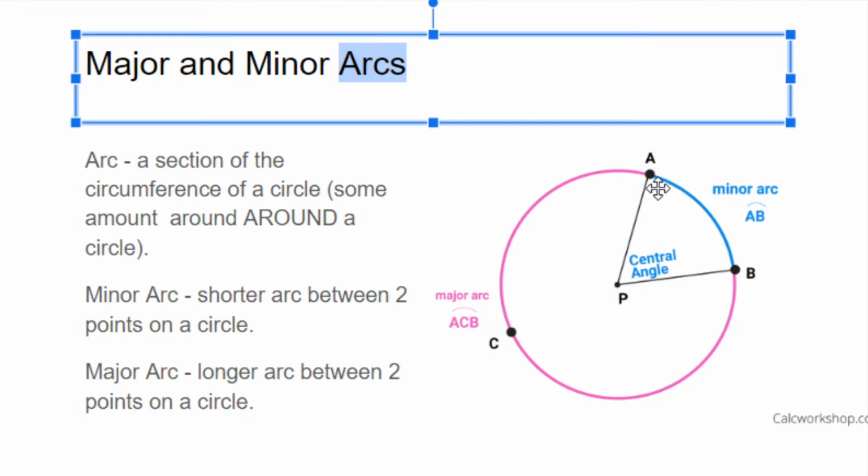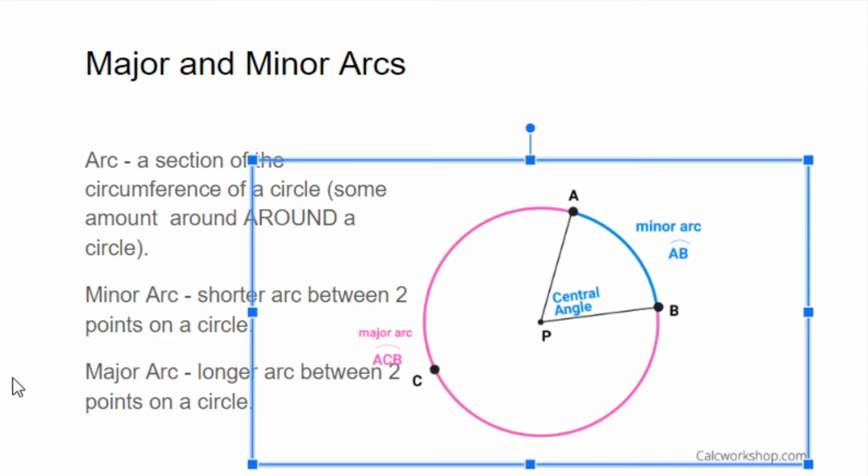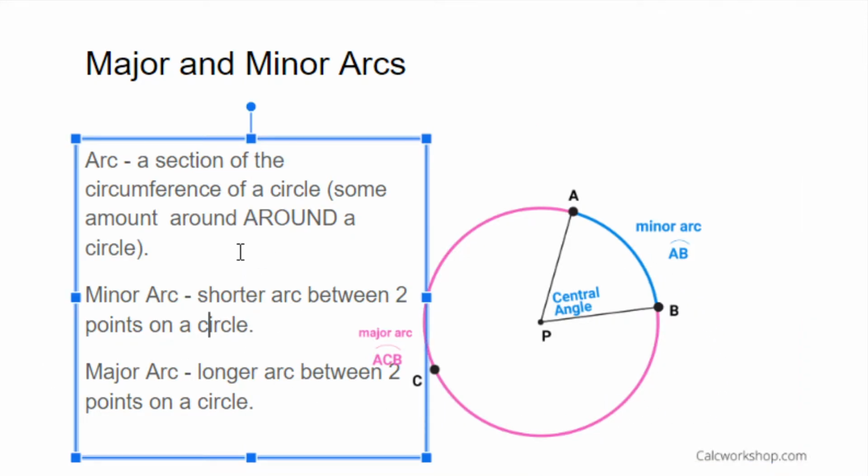So you could say between point A and B, this is an arc going around the outside. You could say between A and B going the other way, this short side, that's also an arc. You could say between A and C, there's an arc here. There's also an arc all the way around this side. So an arc is basically just 2 points, and then it's the area around the outside of a circle between those 2 points. Keep in mind you can go on either side of those points,